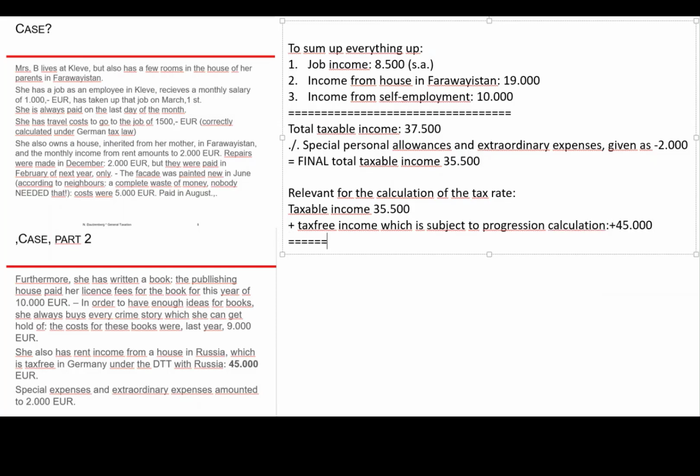So we end up with 80,500. Good. Now tax for 80,500 would be,